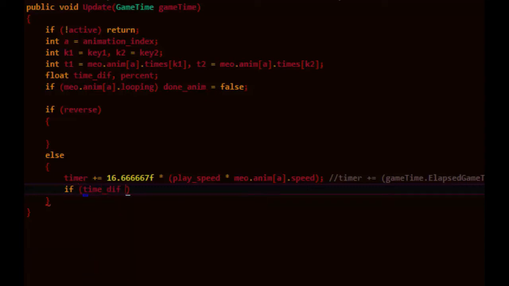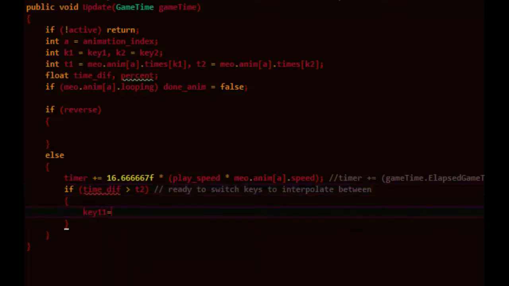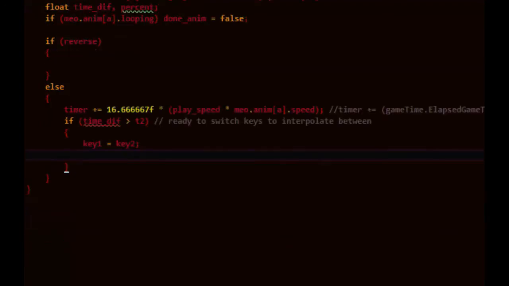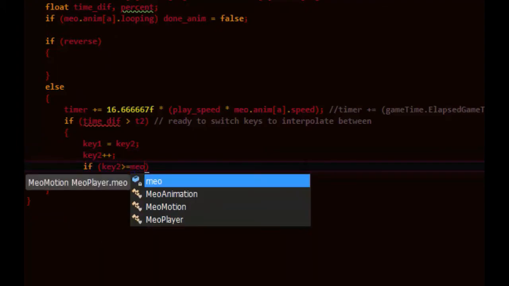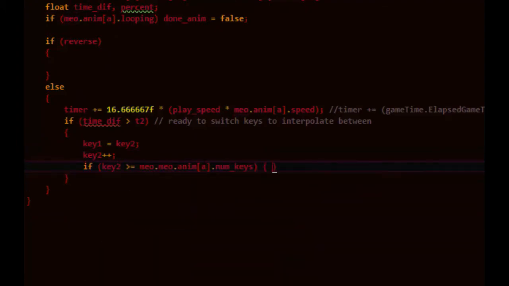When the timer has advanced beyond time 2, it's time to switch keys for interpolation. So we've reached a new key. Key 1 is now going to be what key 2 was, so we're moving to the right along the timeline. And key 2 advances. And if key 2 is greater than or equal to the number of keys, then that